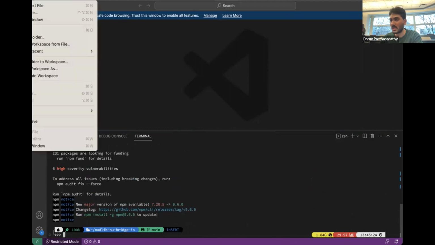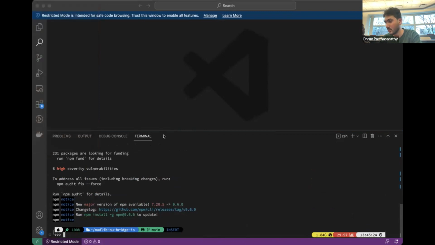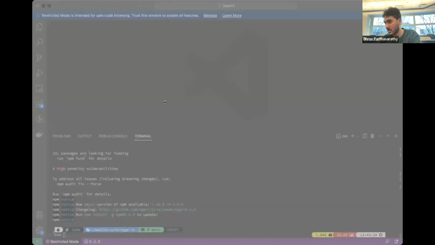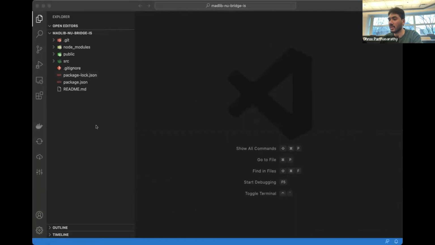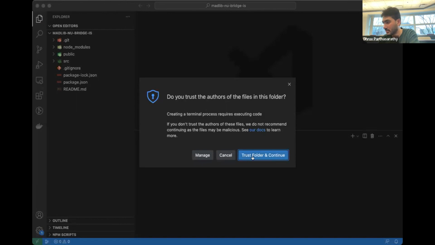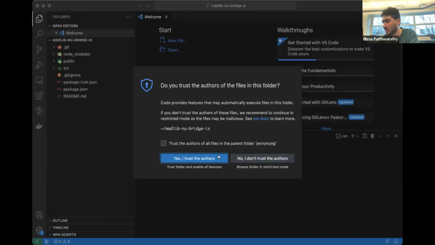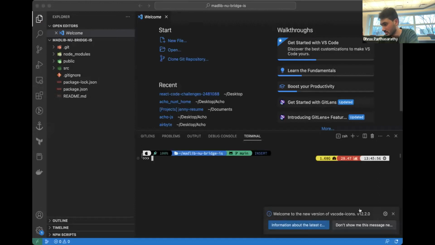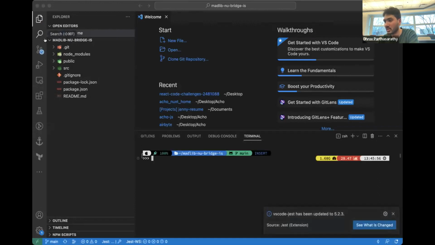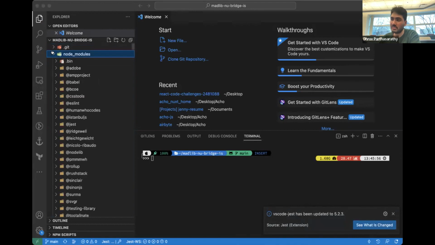Yeah, so it's installed, and I'm going to open it within this IDE, home directory, this one. Yeah, so this is the project, and so you just open it. So these are all the files, and you can transfer and continue. Yes. Okay, so now that all the packages are installed, you can confirm that by looking at